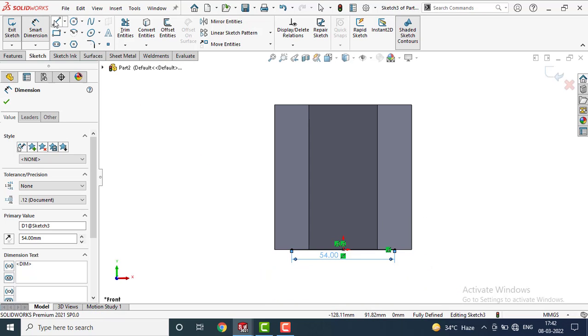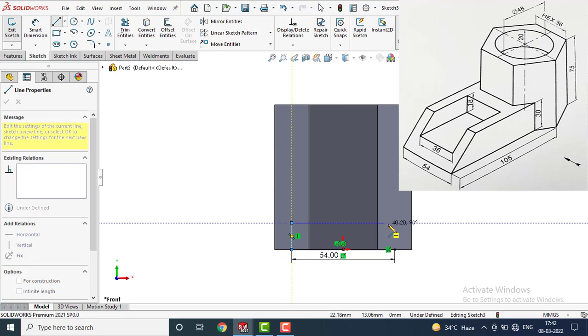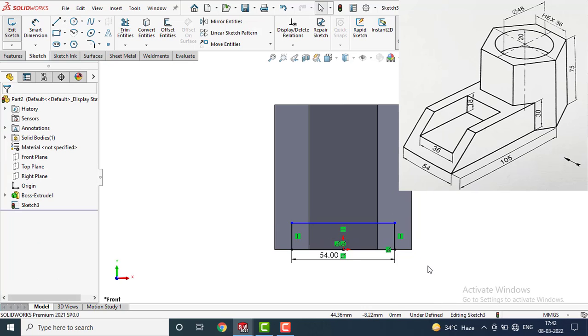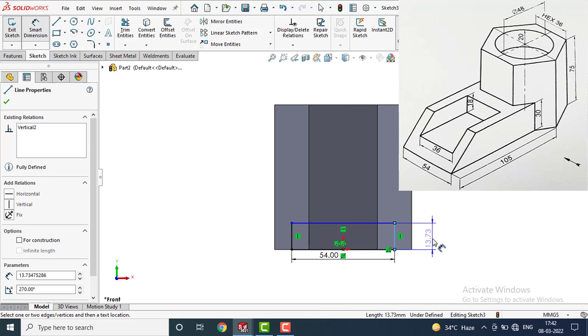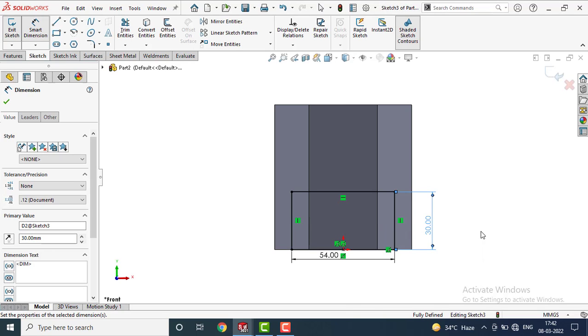Again draw some more lines and complete this sketch. This will prepare a rectangle here and the height of this rectangle according to the figure is 30 mm. So just type 30, enter.